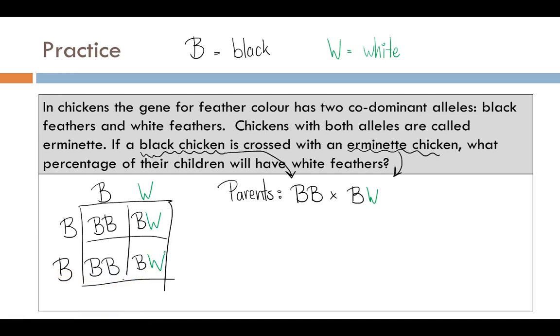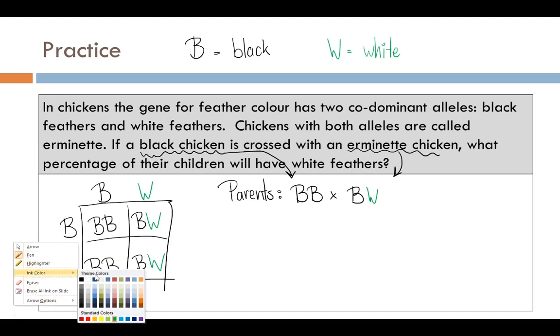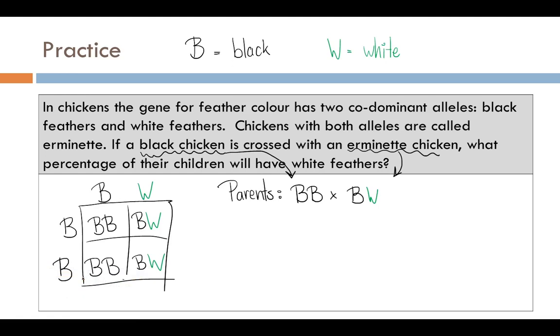Okay, there we go. Now again, you might be tempted to say 50% black. That's the answer. Nope. This question asks us quite clearly what percentage of their children will have white feathers. Looking at our Punnett square, these 2 are black. Okay. And these 2 are erminettes. So the answer is